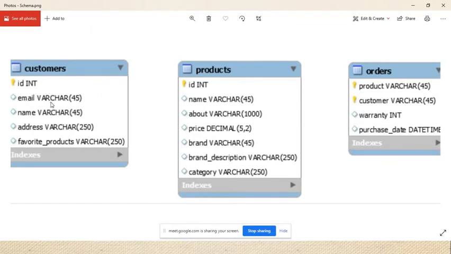So these are varchar. Varchar is a data type. Okay, it is a data type used for strings. So here I mentioned 250. That means we can increase and decrease. By default it was 45. By default the size is 45, but an address can be of big size, so I increased the size there.